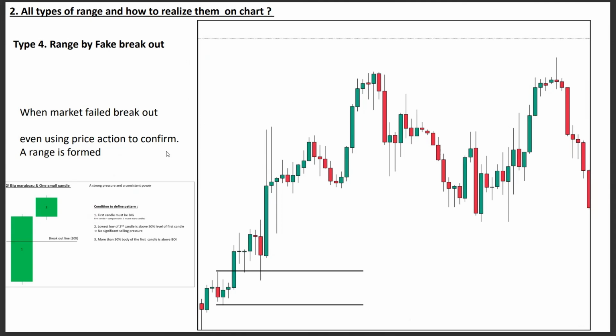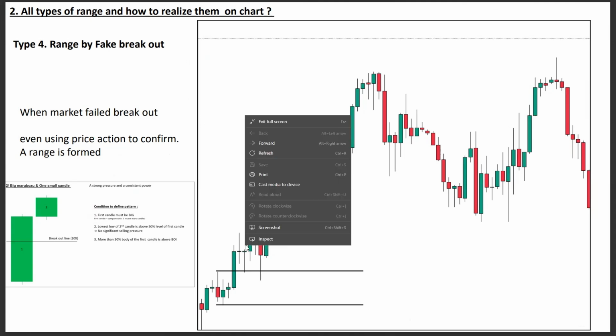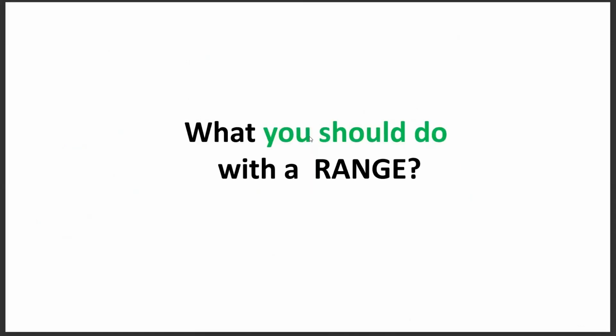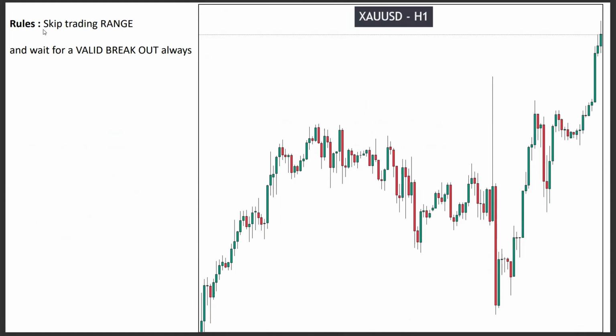But if now we count and a candle closes above the original high, like we discussed yesterday, then a range will not be formed. But when we can't get a price action confirmation, that means a range has been formed and price needs to break out of the range. Okay. So what should you do with a range? You have to skip range and wait for a valid breakout always,